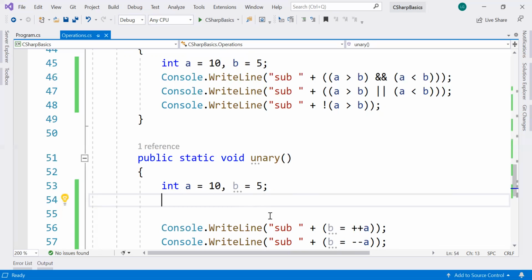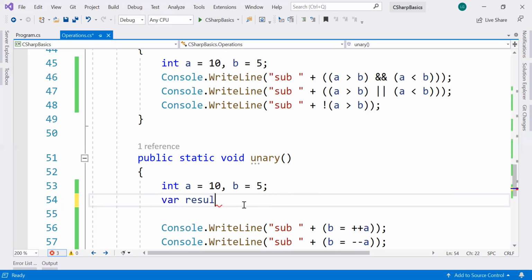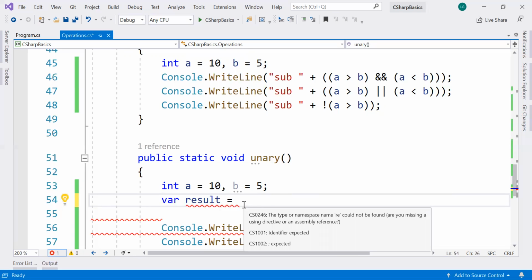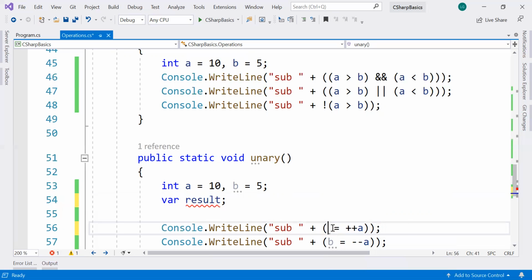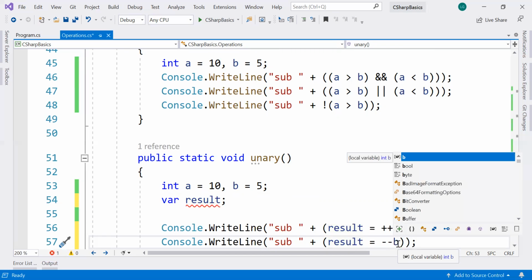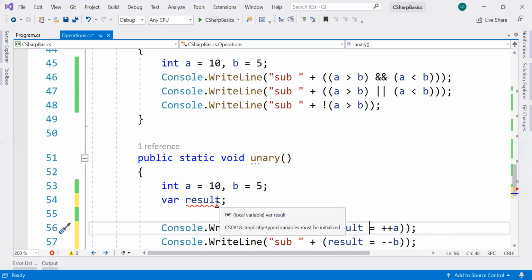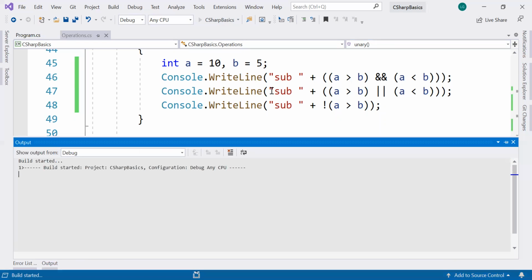Okay, b value is already there. We'll see now, because it needs to decrement one value.